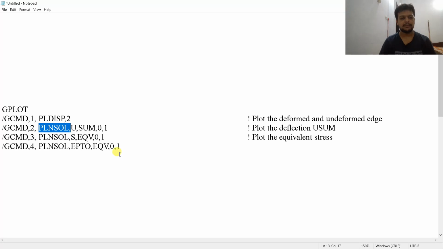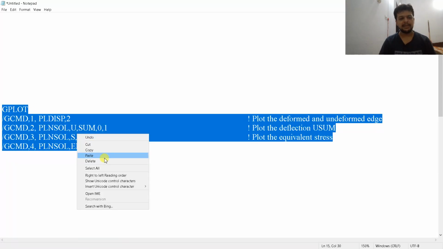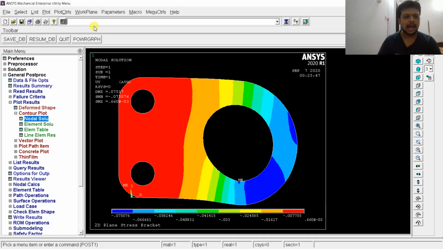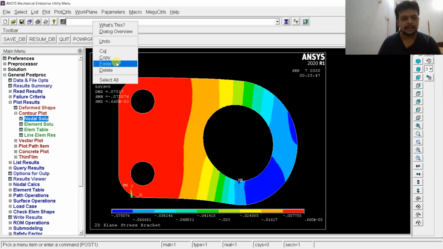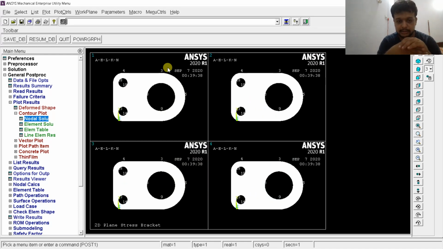Okay, so I will copy this command and paste it here, and I will see what changes come in this graphics plot. Wait, the cursor is okay. See here, the general command controlling the system made it plot the deformed system.